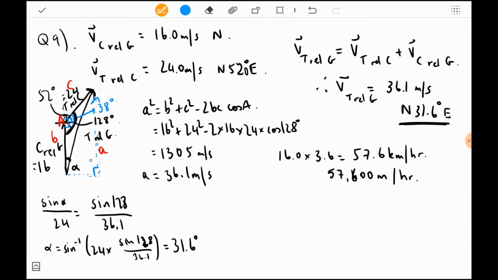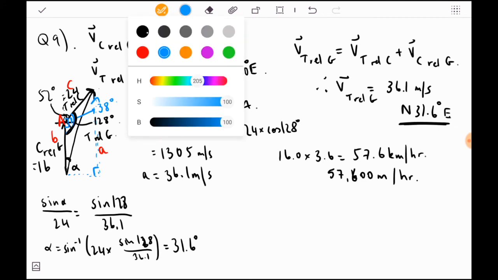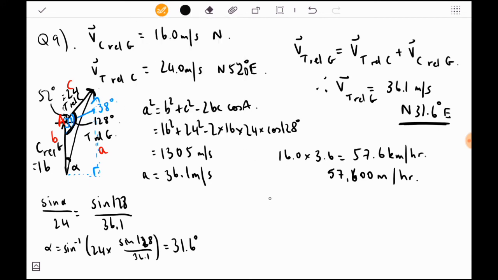We can just use trigonometry to do that, as we have done many times in the past, finding the northern and eastern components. The northern component, the truck's velocity relative to the ground north, is equal to the velocity itself, so that's 36.1, multiplied by